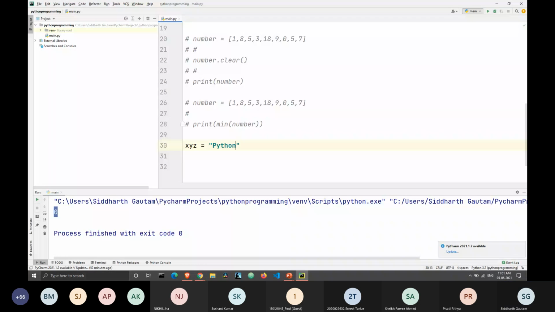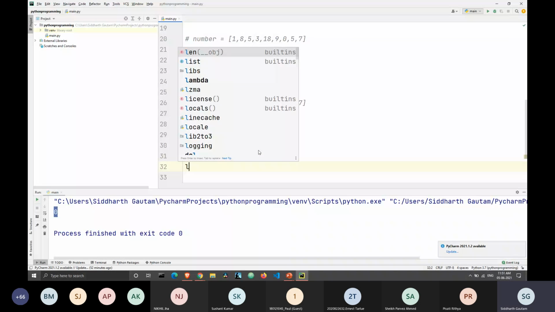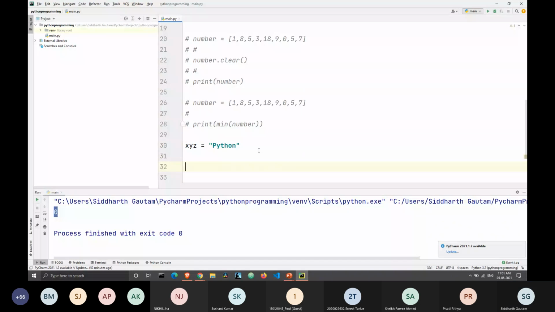We will convert this into a list. Let's take another variable, list1. list1 is equal to list, and inside the brackets you write XYZ, which means we are converting this string XYZ into a list, and then storing it in the variable list1.